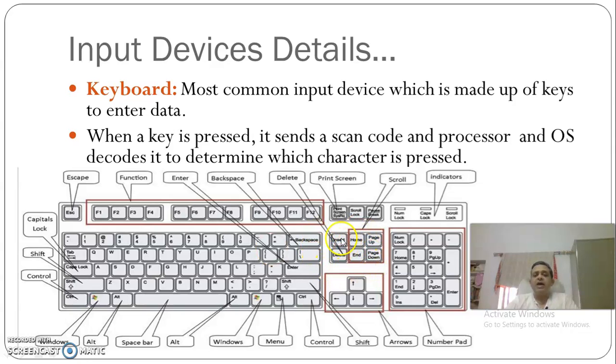Some other keys you have, the home key, to take the cursor back to the home, or when you are working in a long document, you can reach the topmost page and topmost line by pressing the home key. Delete, and page up, page down to move or scroll faster in a document. Arrow keys to move your cursor up, down, left and right. So these are some of the keys that we most commonly use on the keyboard.